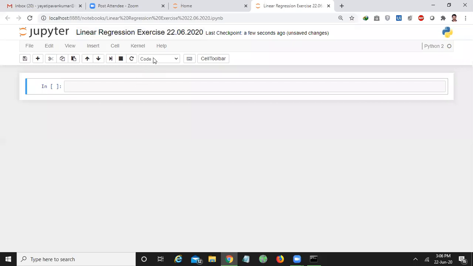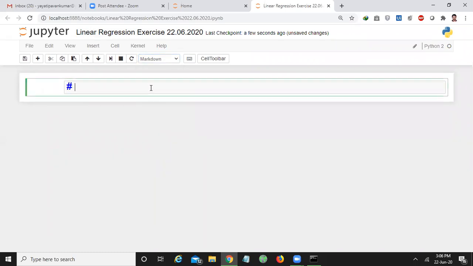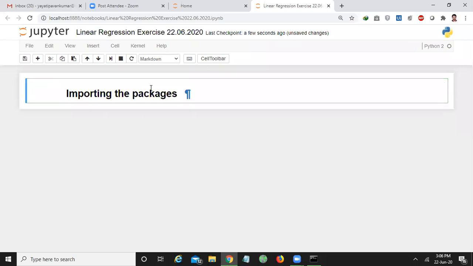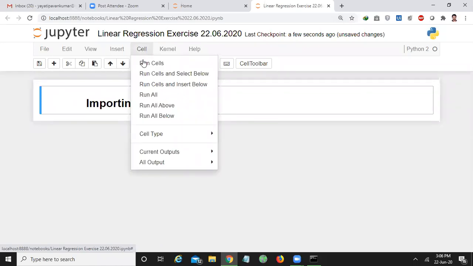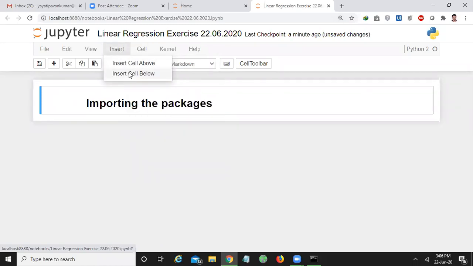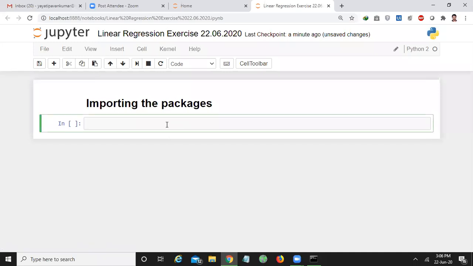Now first, give an acknowledgement: importing the packages. So what is the package that we want to import?